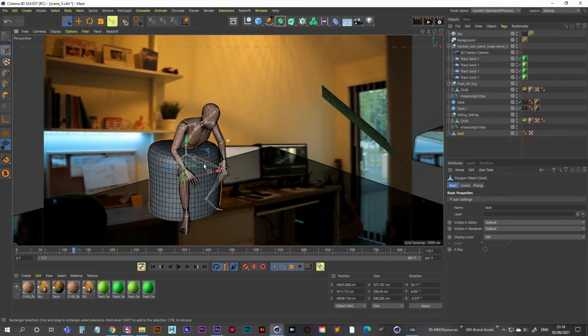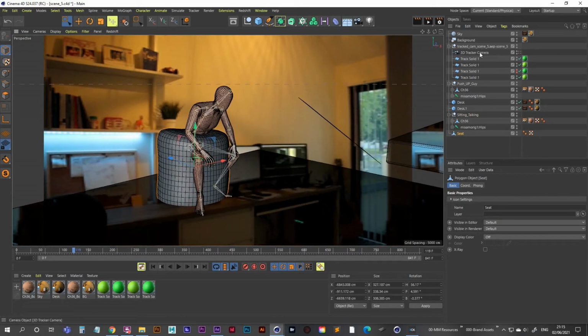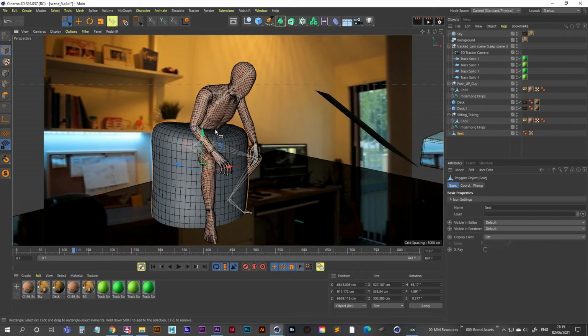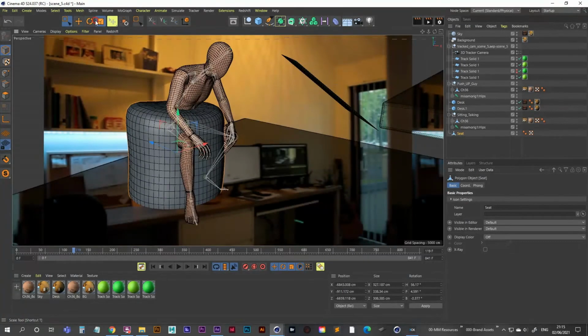So now let's just zoom in on this. Make sure your camera is deactivated and make sure you're not moving this camera around. It wouldn't let you anyway, even if you moved it by accident, I think, because it's keyframed. So even if you did move it, just hit play and it should jump back into position. So we'll scale this down